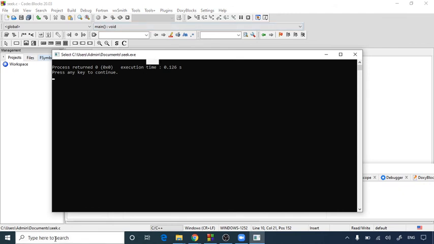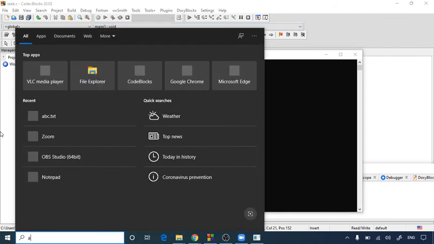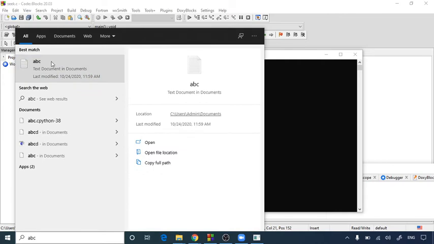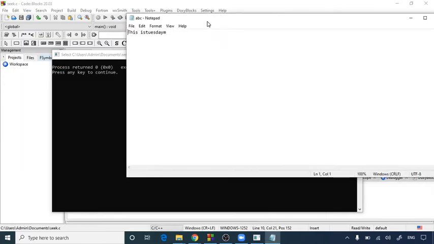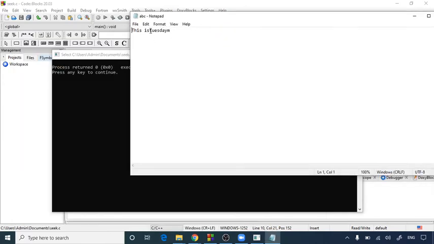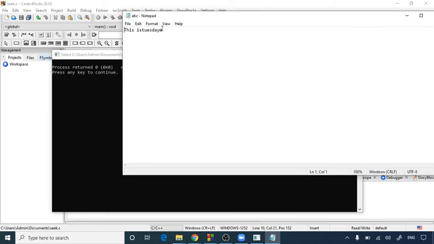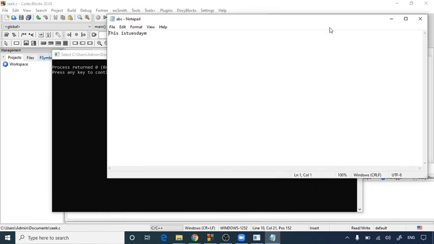Here again I'll open my abc text file and let's see what changes there are. As you can see, at the 7th position it has taken Tuesday, and the last character of program is as it is. So inside that I have written whatever content I want to change by using the fseek function.